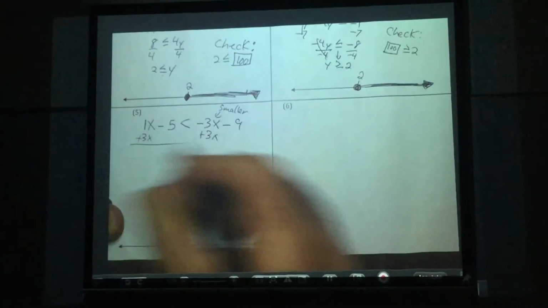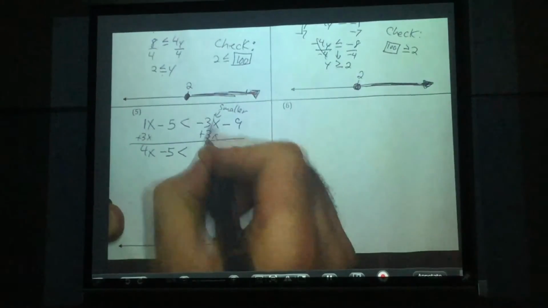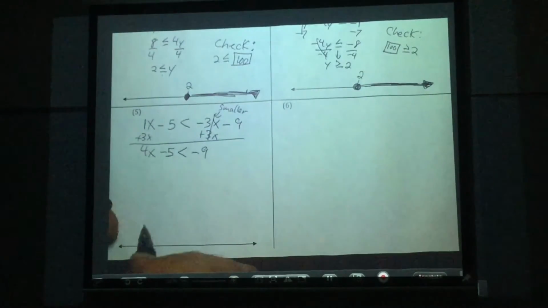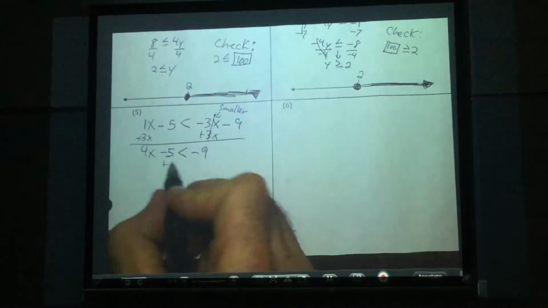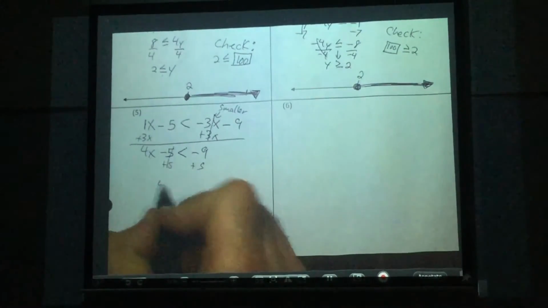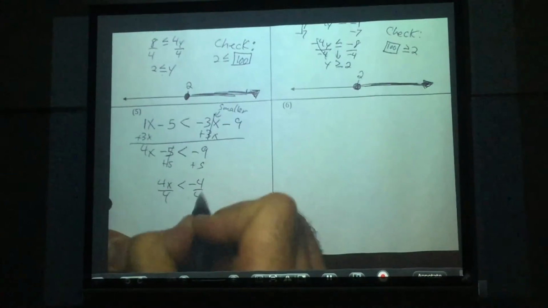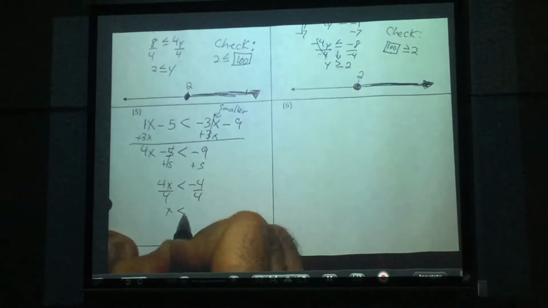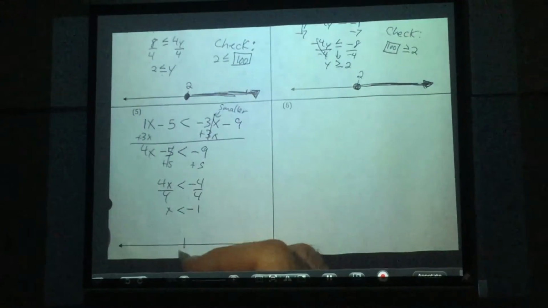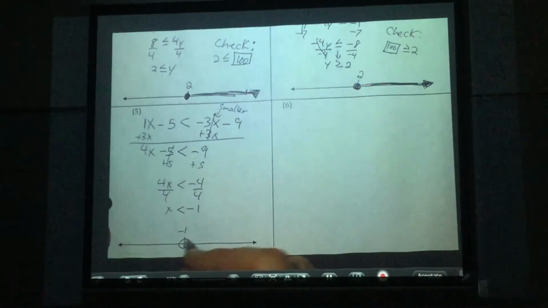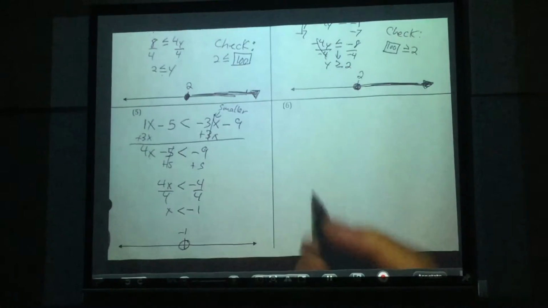Okay? That's going to get me 4x minus 5 is less than, these cancel, -9. Okay? Now we have a two-step inequality. The first step is to get rid of the 5, add 5 to both sides, these cancel. 4x is less than negative 4, divide both sides by 4, and then x is less than negative 1. Okay, so here's my negative 1, and this time I have an open circle because there is no or equal to bar up there. Alright, so let's go ahead and check this